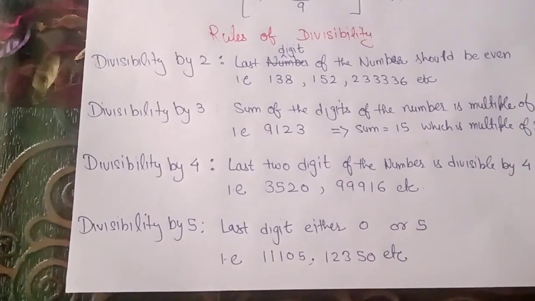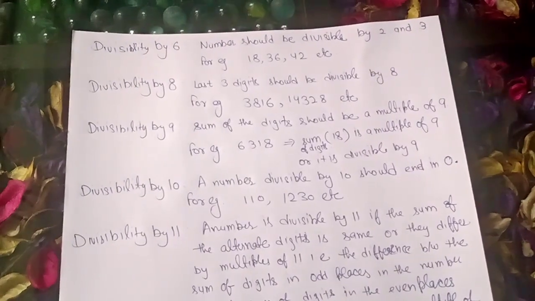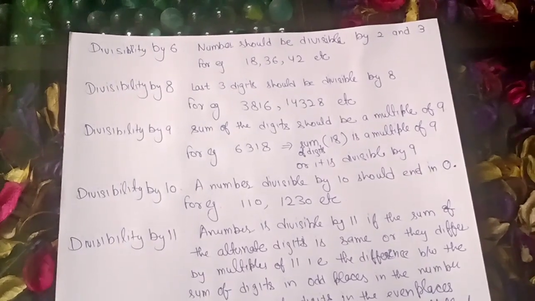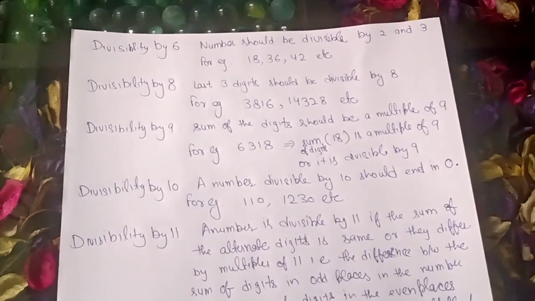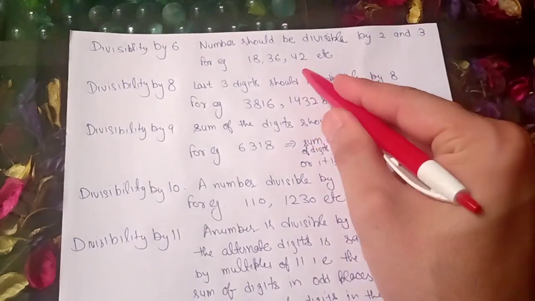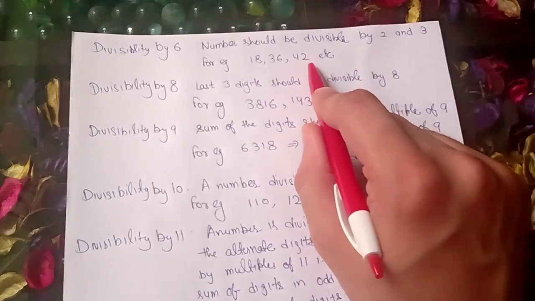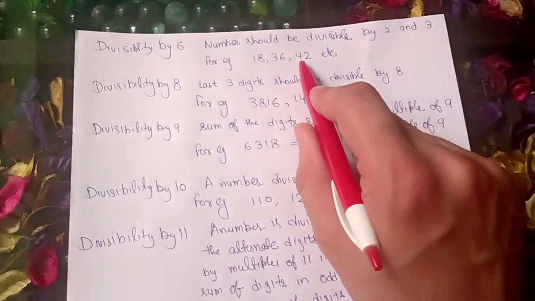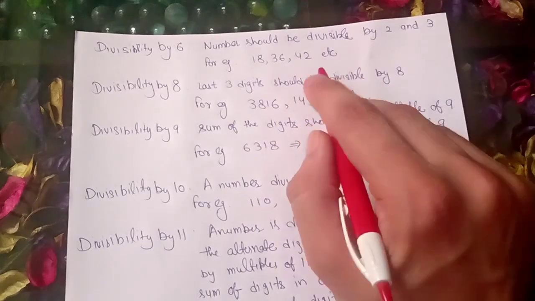divisible by 5. So moving on to the next point, the number will be divisible by 6 if any given number is divisible by 2 and 3. You need to apply the divisibility rule of 2 and 3. If that follows, then you will say the number is divisible by 6. For example, 42. 42 is divisible by 2 as well as 3, as the last digit is even and the sum of the digits is 6, so you will say the number is divisible by 6, as this number is divisible by 2 and 3 both.